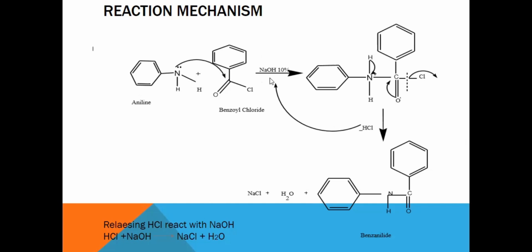First it converts into benzoic acid, and we know that benzoic acid is a solid compound, and it is difficult to remove with the product because they both are solid, and you can see the impurity of this with this benzanilide if you are not using sodium hydroxide. So if you want to remove this, then you have to use the sodium hydroxide, and the sodium hydroxide converts the benzoic acid synthesized during reaction into sodium benzoate, which is soluble and can be easily separated.